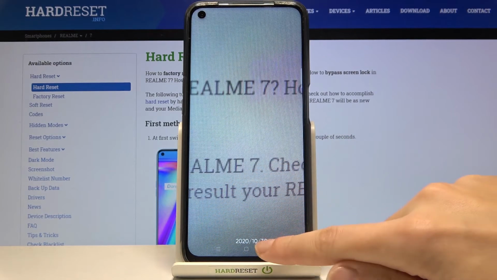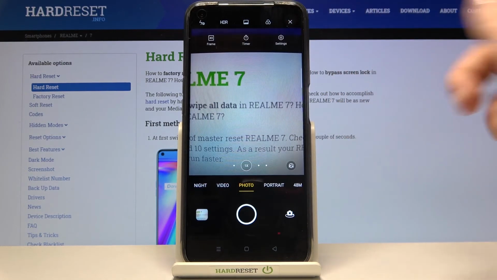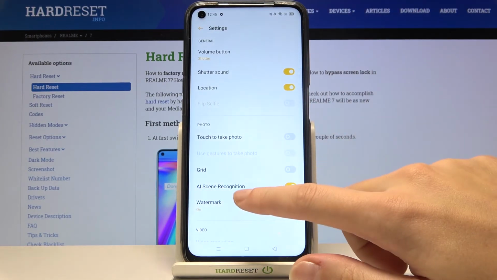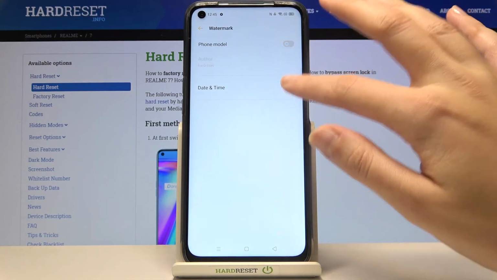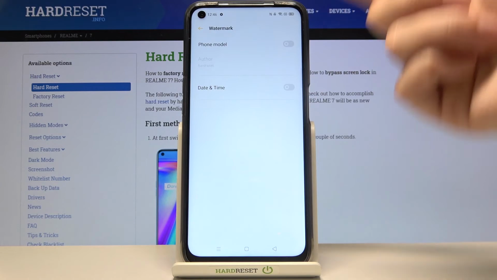Of course, when you don't need this you can easily go back to the camera, then to the settings in the right corner, pick this button again, pick the watermark and use these buttons to turn them off. So now when you take another picture the watermarks should not be